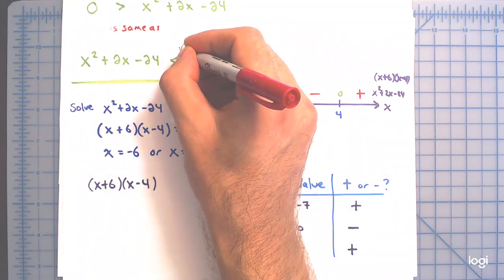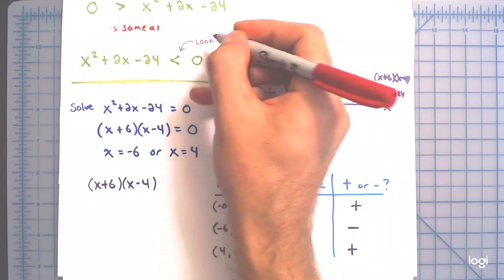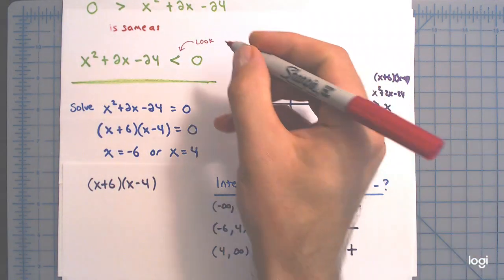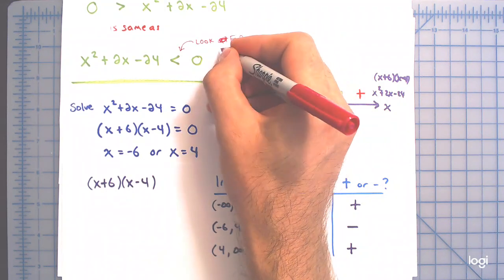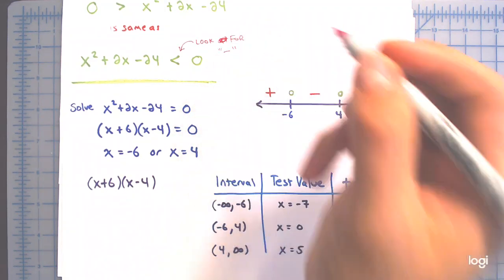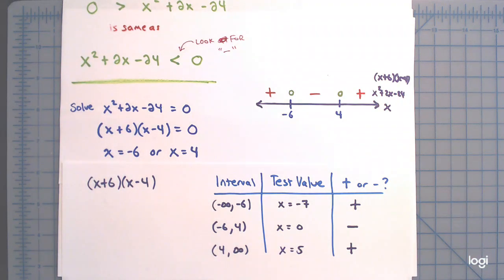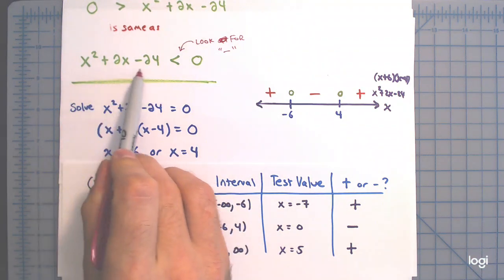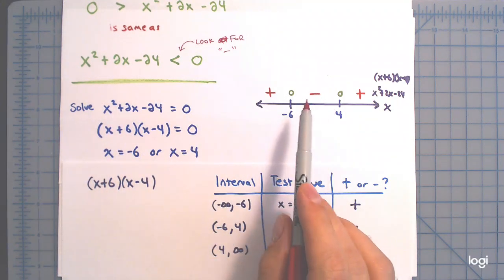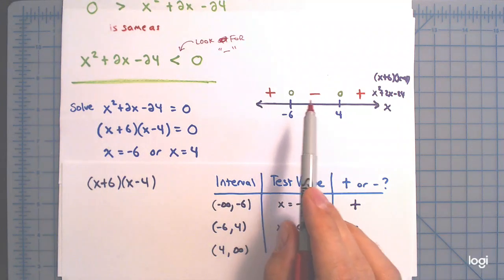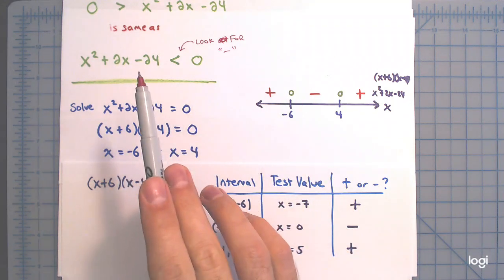So the way I have it written here, I am looking at my number line, or at my chart, at my table. I'm looking for a minus sign, and that's it. I'm looking for minuses, because that's negative, right? When is this expression less than 0? When is this expression negative? And there's only one interval of numbers